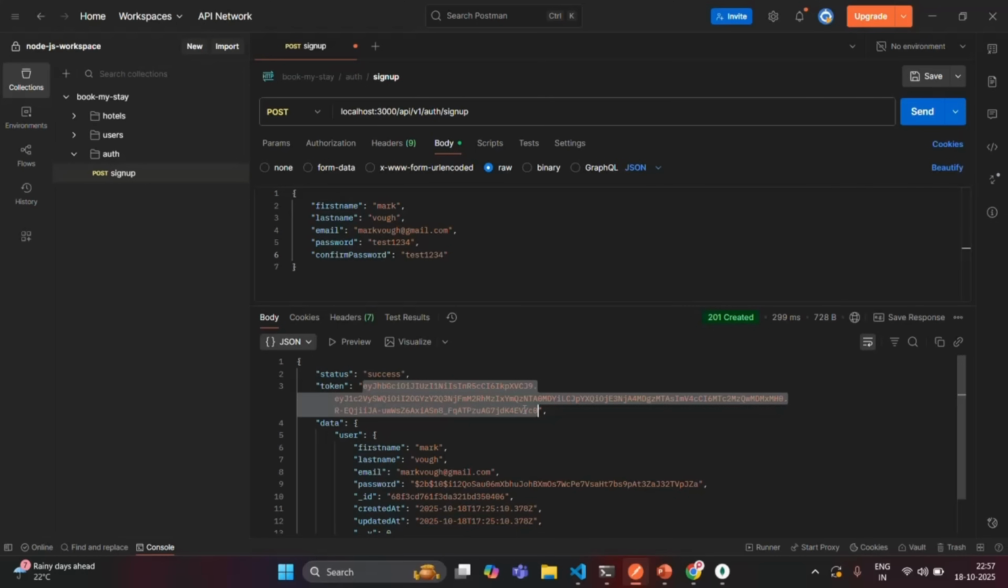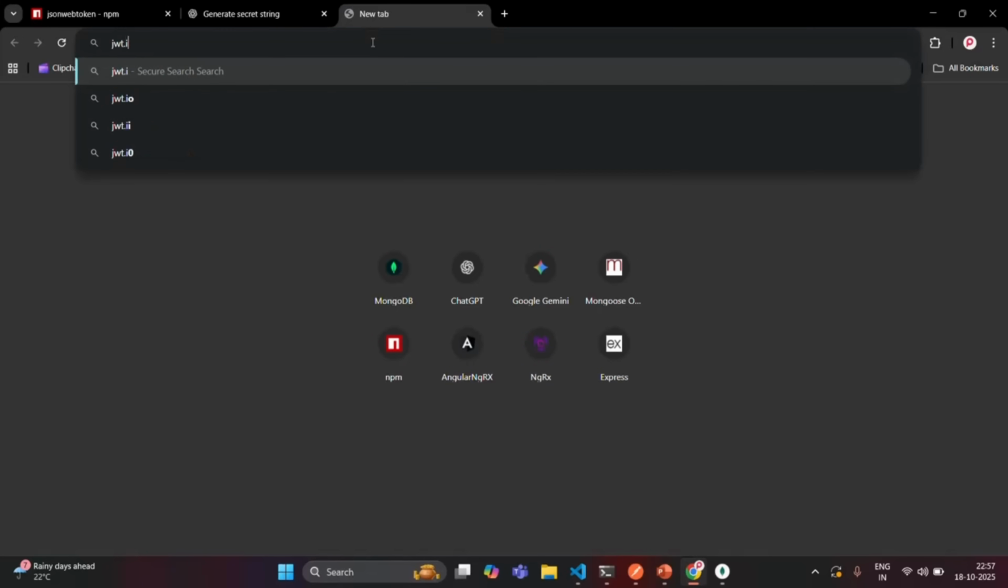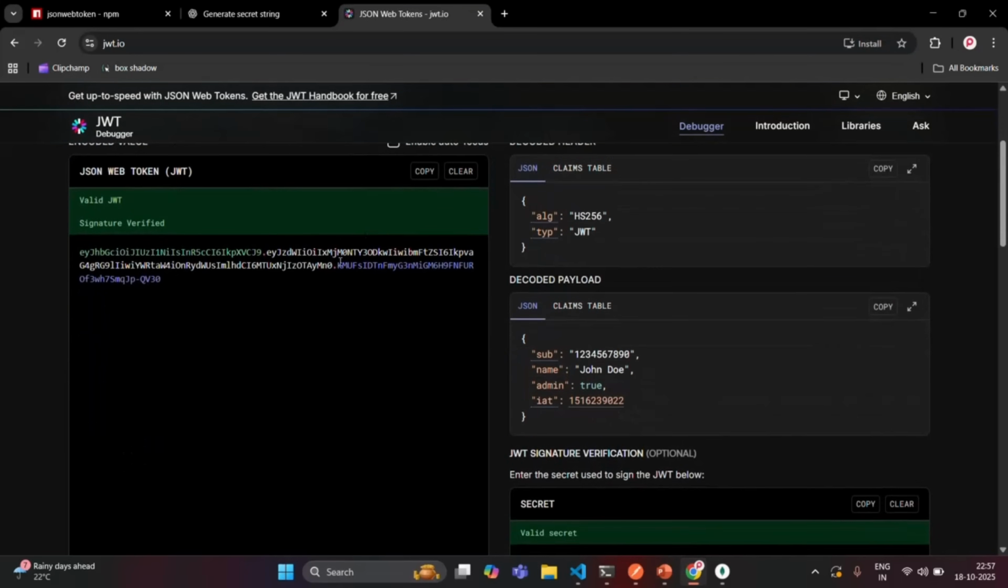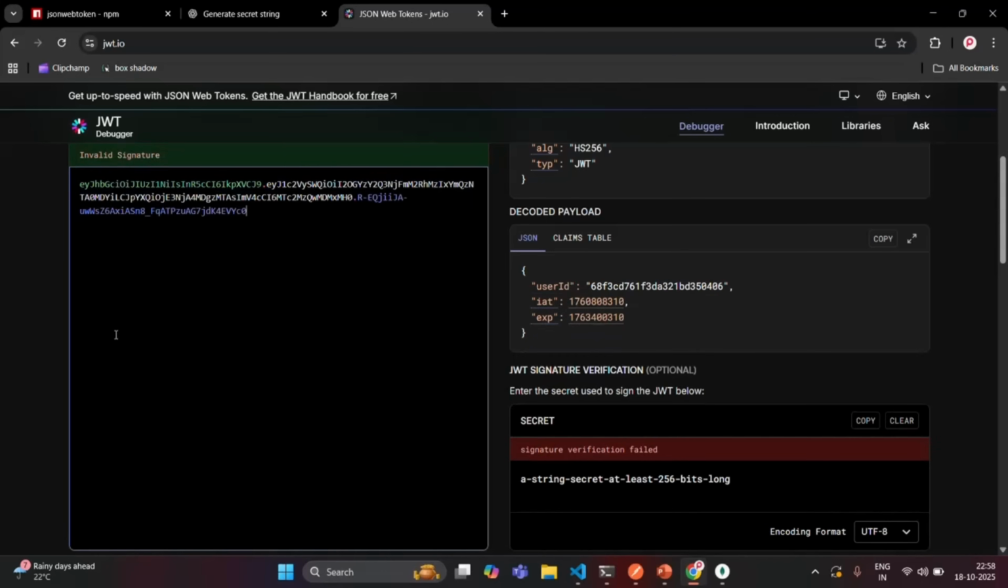Now, in the last lecture, I also mentioned that this token which has been generated here, we can also decode it. So let me copy this token and let's go back to the browser. In there, let's open another website, which is JWT.io. If I scroll down, here we have a dummy JSON Web Token. But if I paste the token which our Express application has generated and which we have copied from Postman,